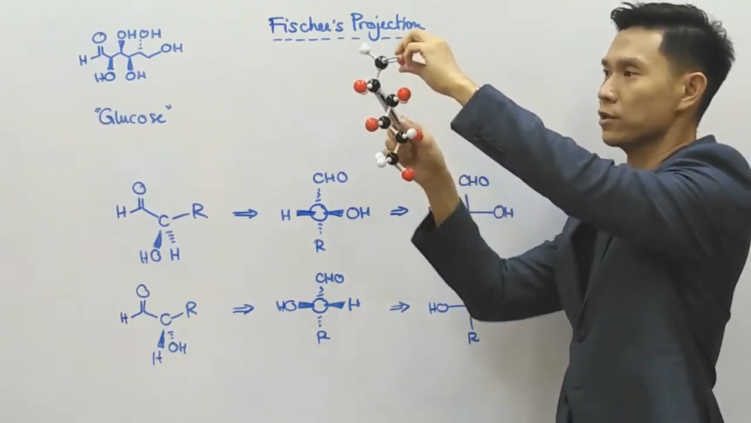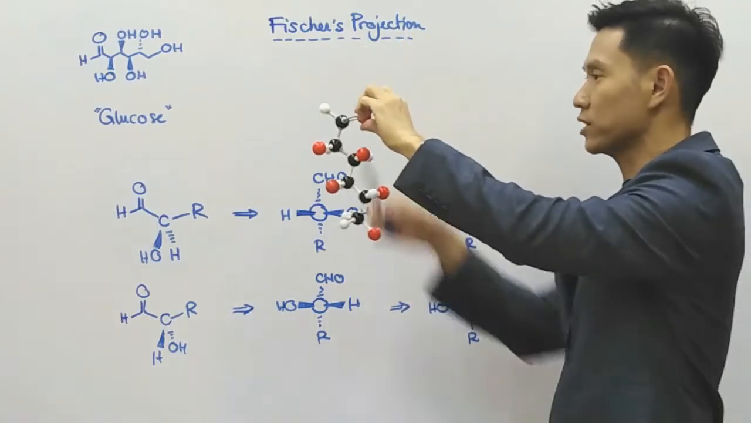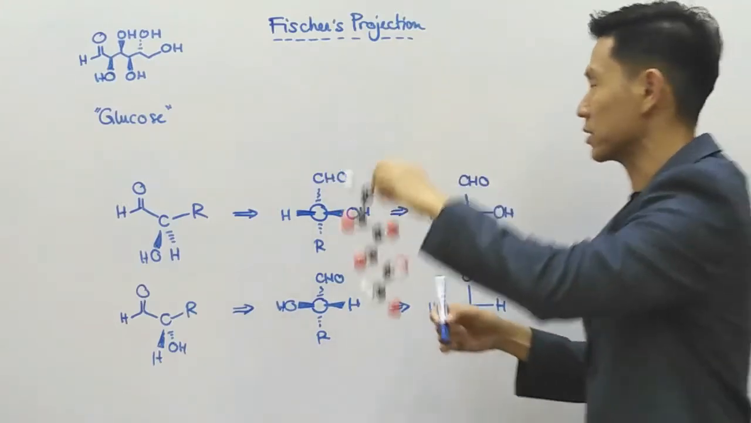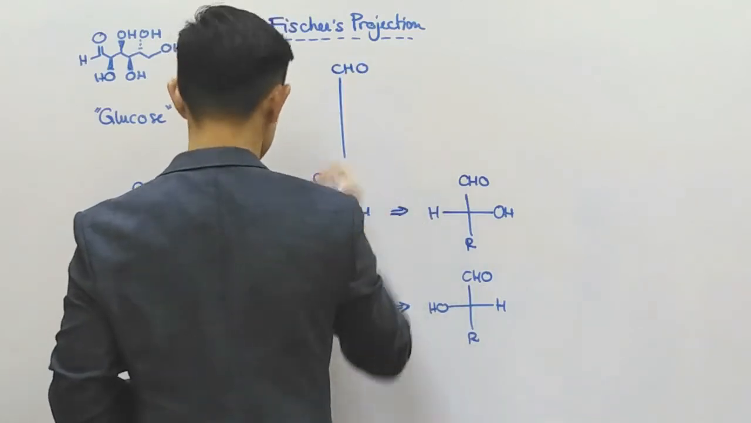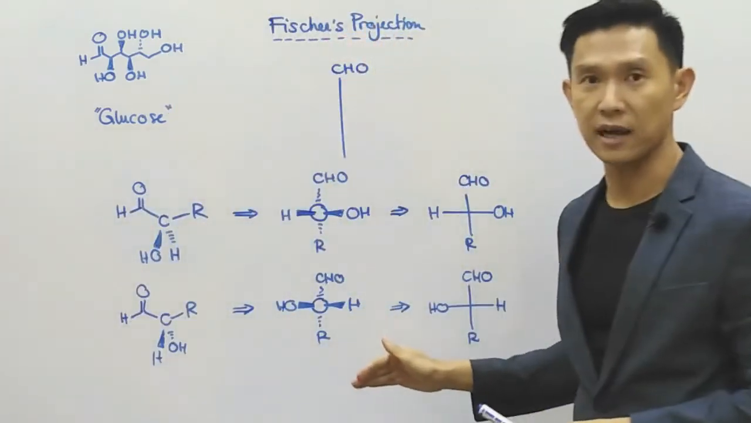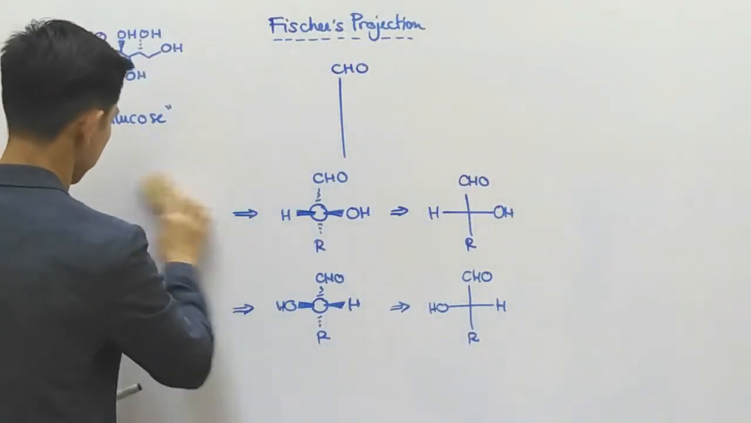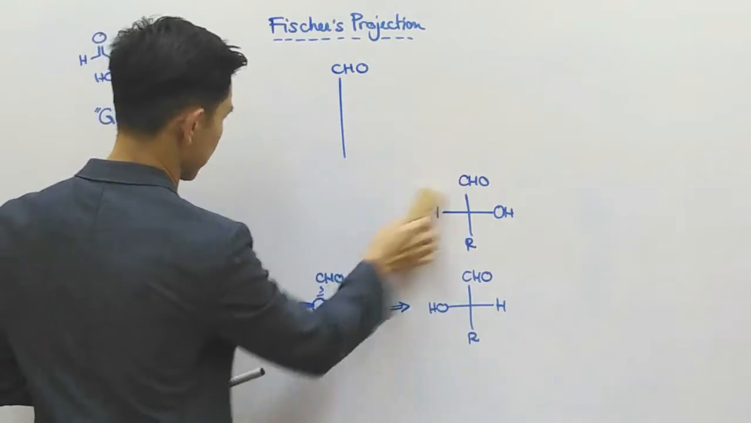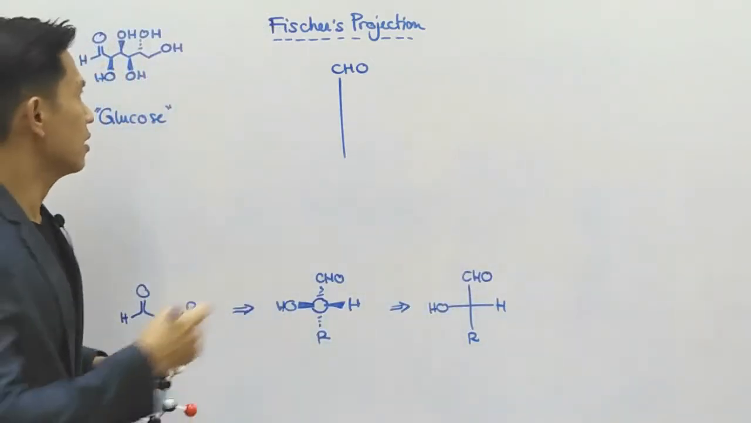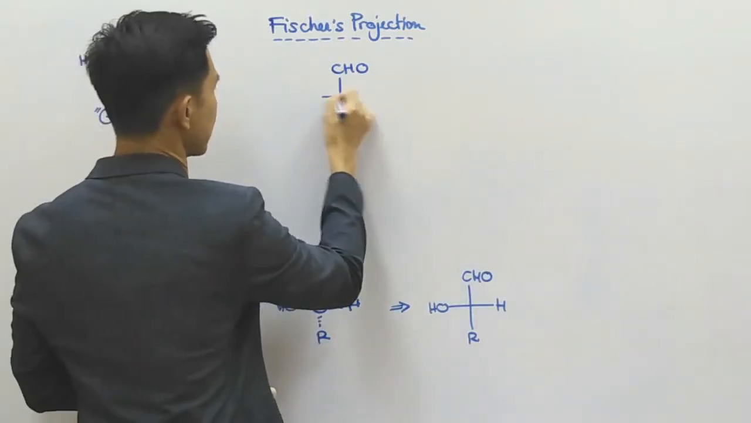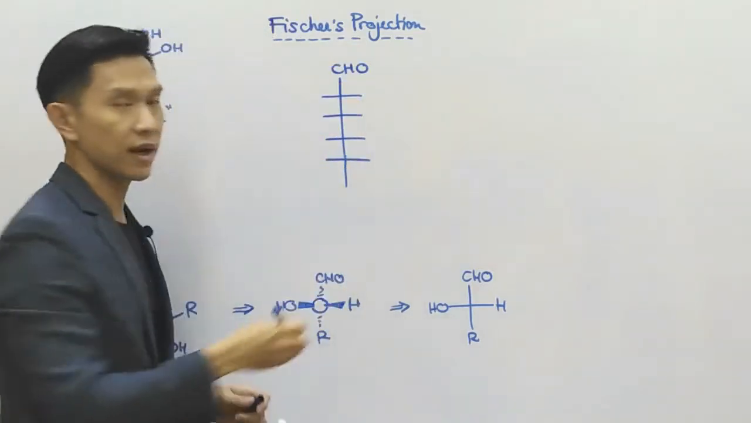And carbon number 1, 2, 3, 4, 5, 6. So we have all 6 carbons. Then we just arrange them downwards. So first of all, the aldehyde is on top. And we have several carbons running down, okay, vertically. So now, it's out of space. I have to erase something. Okay, so from this, the first carbon, second carbon, third carbon, fourth carbon, fifth carbon, and sixth carbon align